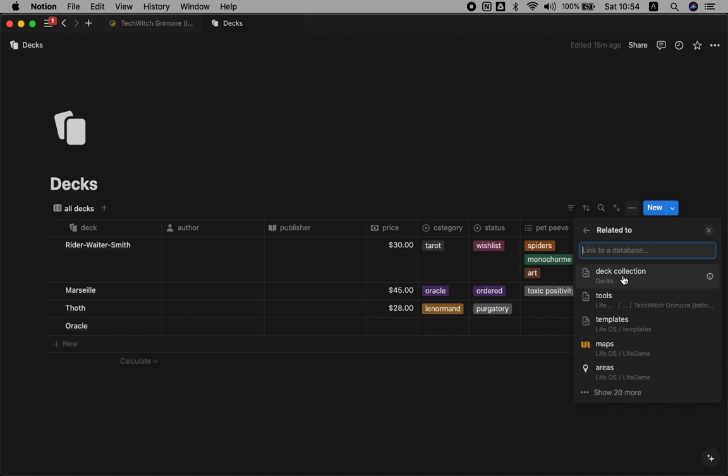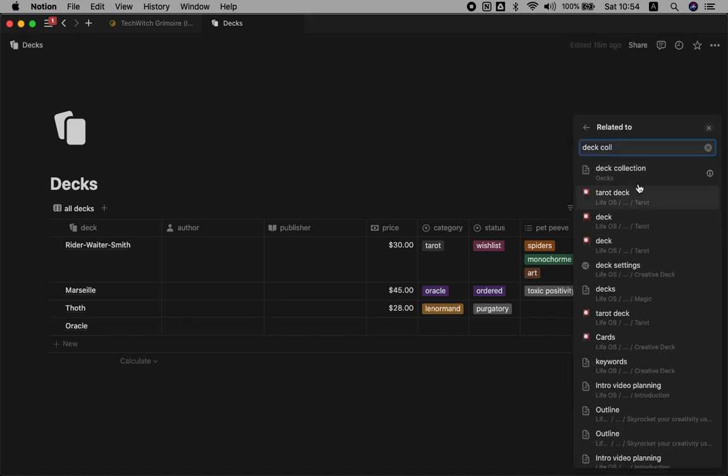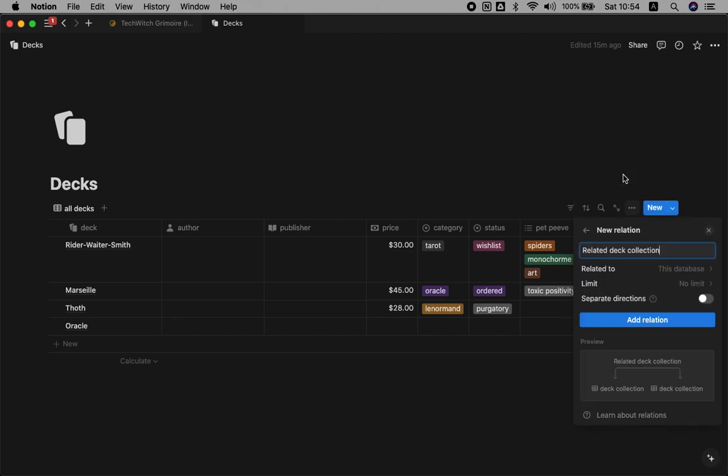So my database is the deck collection, so make sure you see it here. If you don't see it here, just type the name deck collection and it's going to show whatever fits the thing you're looking for. So this is going to be related to deck collection. I'm going to call it pairing. Pairings might have more than one. And what it does is it's connecting the deck collection database to the deck collection database. So when I click OK